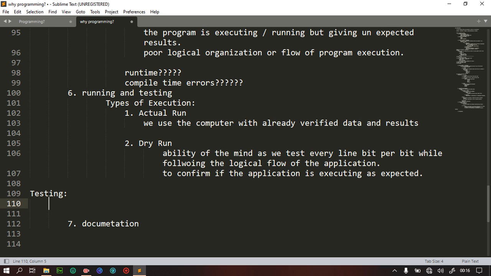Now, we have the program. We've gone through all the hassle, and we've written, I don't know, millions or thousands or hundreds or a few lines of code, and we need to test. Without forgetting,